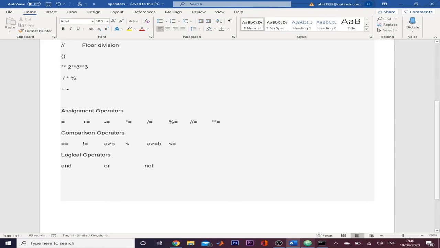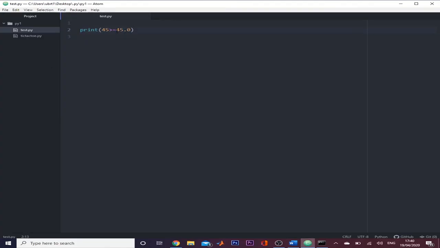So first of all, we will see the OR operator. Here I am using this condition 45 is equal to 45, and I am using another statement like 10 is greater than 15. So these are two different statements. Now I want that if any one of the statements is true, our print statement should be printing true. So I will use here the OR operator, because if any one of the statements is true, OR will print true.